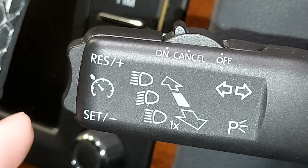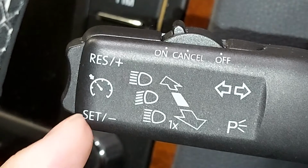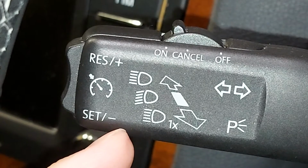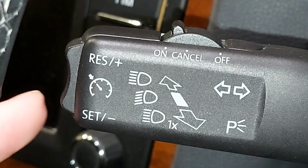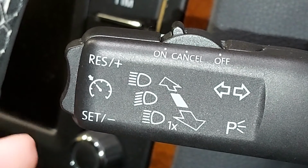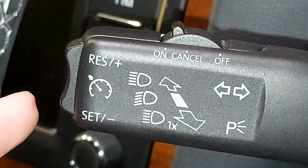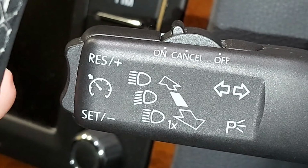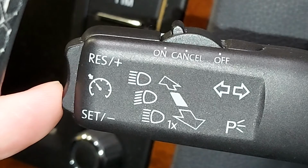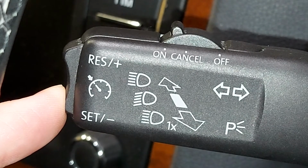Now, if after a while you want to reduce your favoured speed, return to the set/minus button. Pressing this button briefly, like so, reduces the car's speed by roughly 1 mile per hour. So you can press it again, there's another mile per hour, and again, and again. Alternatively, you can hold that button down, like so, until the car drops to your new favoured speed and then